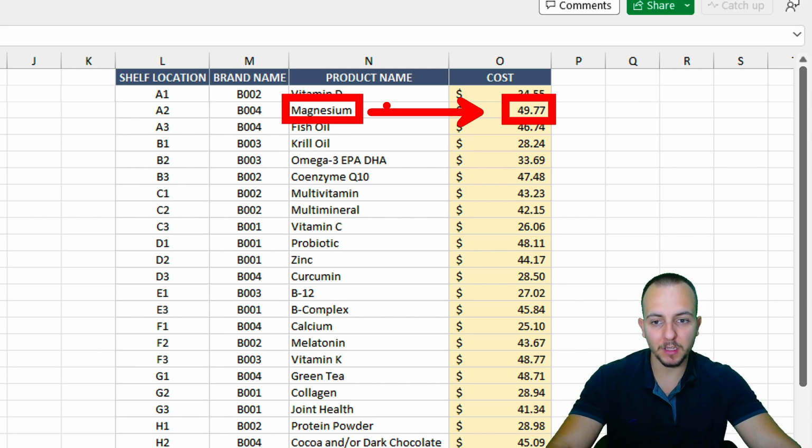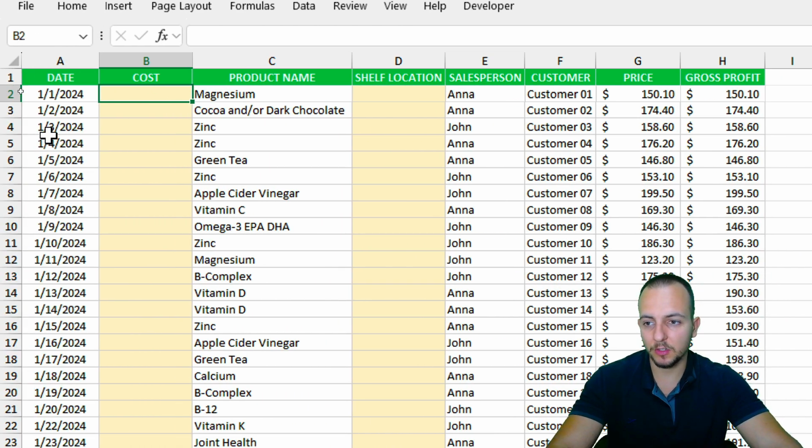I can do it manually, check manually each one of the products and fill in each one of the rows individually. But I think it's going to take too much time to do it. So instead, I can use the VLOOKUP function to help me. Of course, in this scenario right here, I can also use the XLOOKUP function. But I'm going to start with the VLOOKUP function, and then I'm going to show the difference between the VLOOKUP function and the XLOOKUP function,